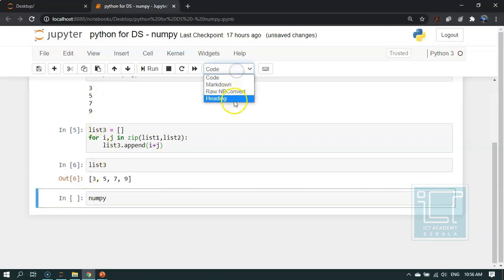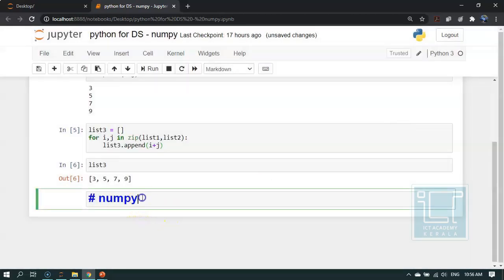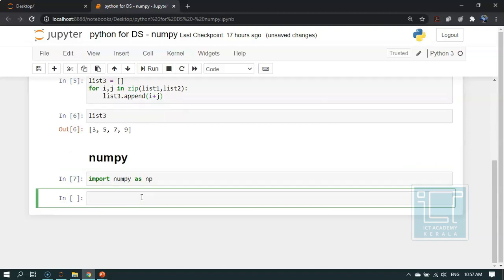I am just giving a heading here, NumPy. We will import NumPy as np. The common notation for NumPy is np. Wherever you find np, you can understand that it is a NumPy operation. This reduces the effort of typing NumPy everywhere you need. Now we have imported NumPy. NumPy has attributes called arrays in it. Arrays can overcome the limitations of lists and can also do more operations than list.